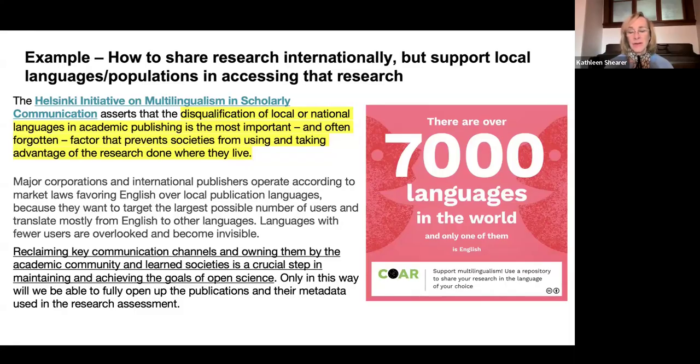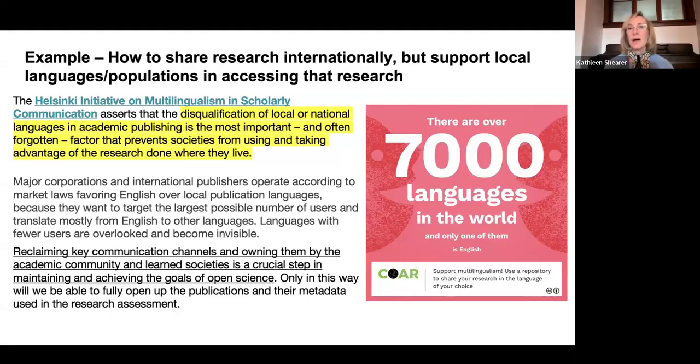So we really need to rethink this whole thing, where we're really trying to achieve the highest status of publishing in international journals, and think about how our research could benefit our societies. And so we have come out with some recommendations about how you can ensure that even if you're publishing in a local language, in a repository, for example,